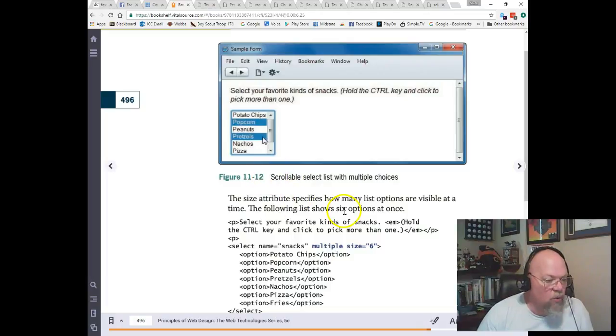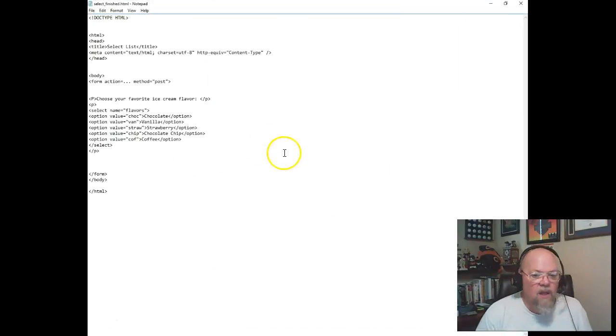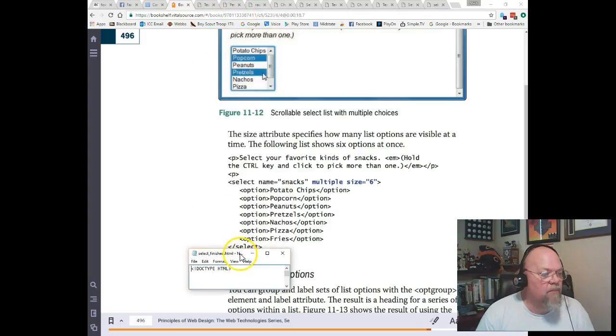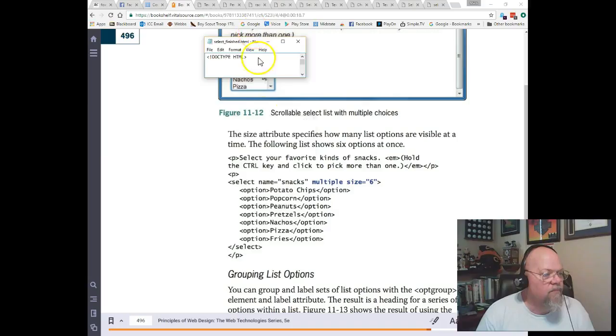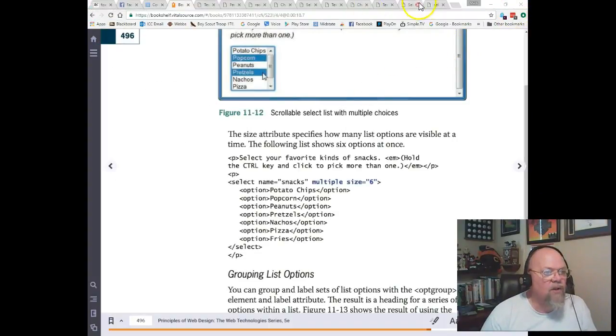We can make something scrollable. So if I said select name snacks, multiple size 6, let me do that real quick. Let me go into the edit of that guy. I always forget what I'm going to do. So multiple size equals 6. So multiple size, I'm going to say 3 in this case, and save it. And now when I look at this guy,